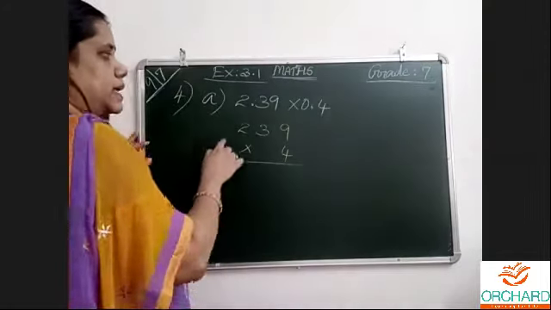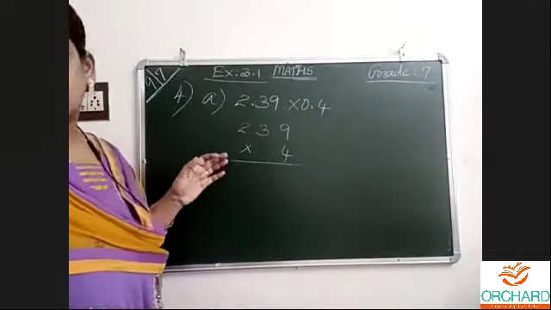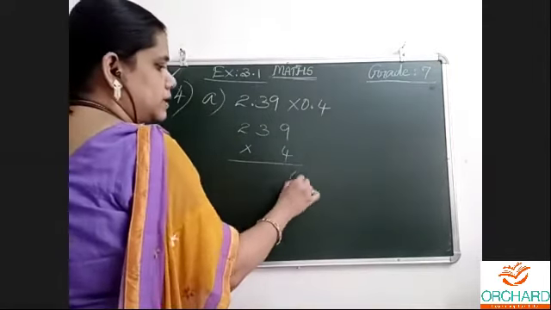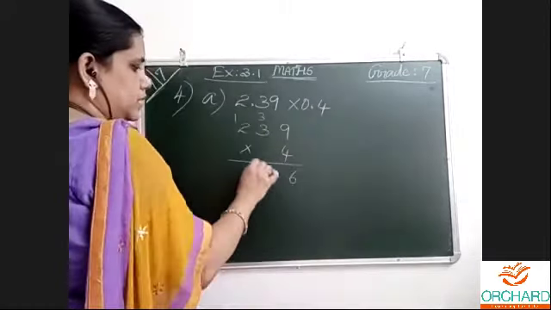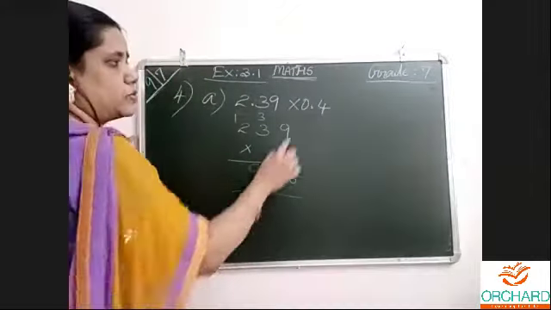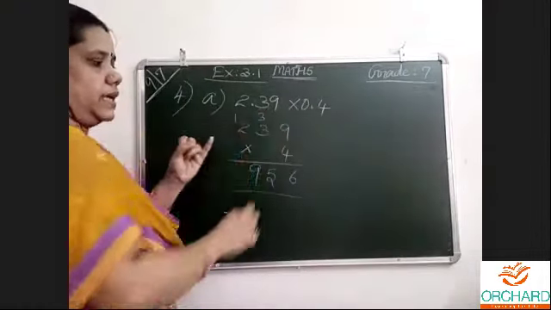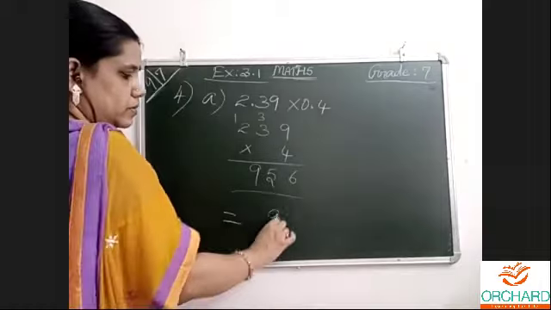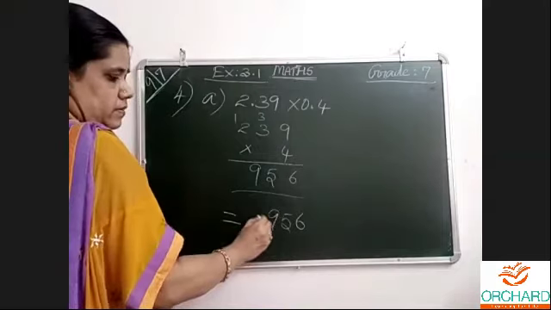So the normal thing we need to first write, then do the multiplication. The question says write in vertical form. Vertical means one below the other. To write in vertical form is just writing one below the other and doing the multiplication normally. 9 4s are 36, carried over 3, 4 3s are 12, 12 plus 3 is 15, carried over 1, 4 2s are 8 plus 1 is 9. 956. While writing the answer, one decimal place is there in one number, and here 2 digits are there, so 2 plus 1 is 3. So the answer should have 3 places from the last. We move 3 places: 1, 2, 3. Here, the point.